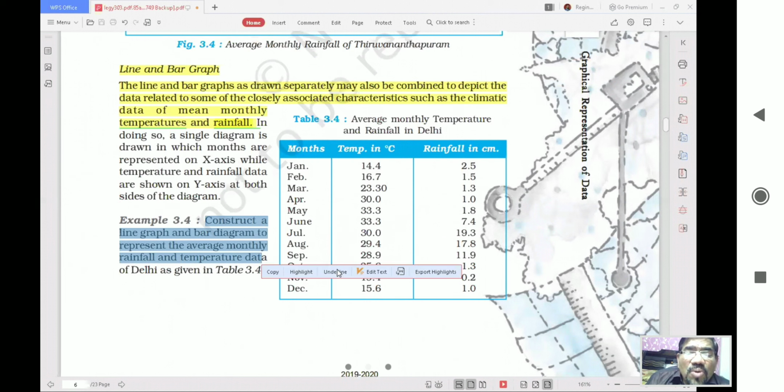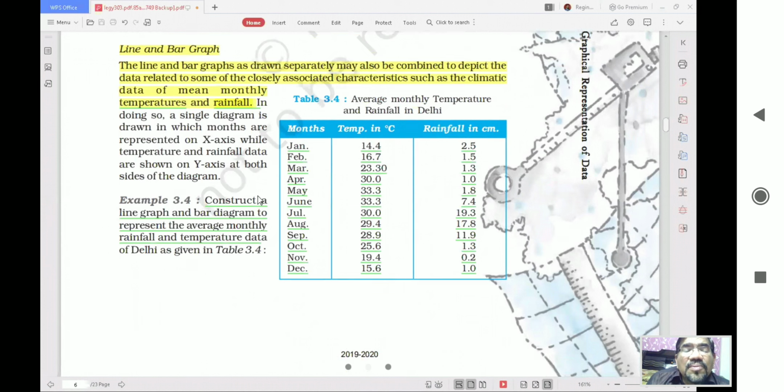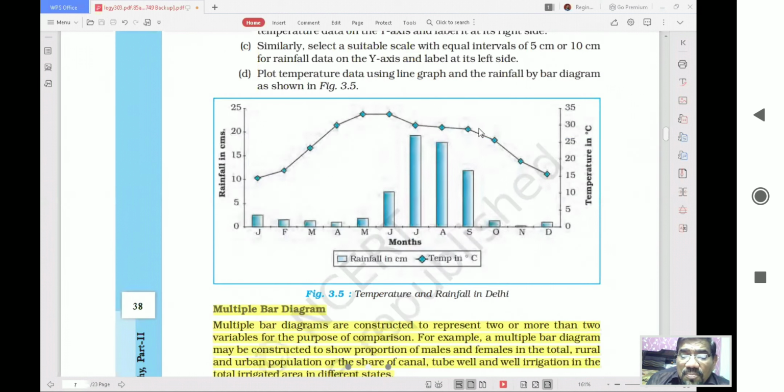Now, because this is the second page, I'm trying to underline it and show you that this has to be written on the second page. First side of the page, line sheet, this. Second side of the line sheet, this. This drawing has to be made and shown on the front side of the drawing sheet, and the size of the sheet is quarter sheet.